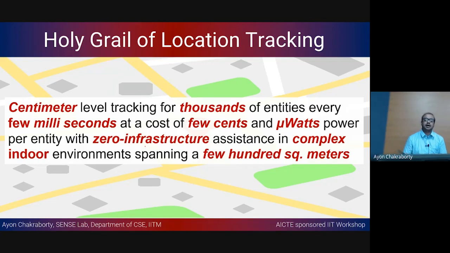So ideally the goal should be zero infrastructure. You should not be deploying lots of hardware. Just the tag should be enough. So that is the goal. How much we are able to reach that goal is a different question. And the environment where we are trying to locate such entities could be very complex. In indoor places there are a lot of things like walls, furniture, and a lot of metals. So it makes the environment very complex and not very favorable for most localization technologies to work. And it could span a few hundred square meters. So if you look at all the different aspects here,